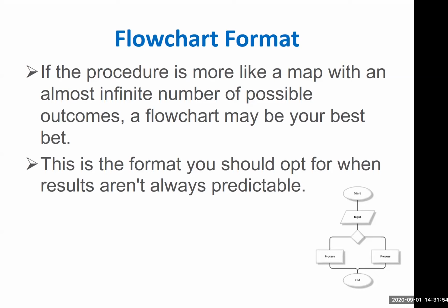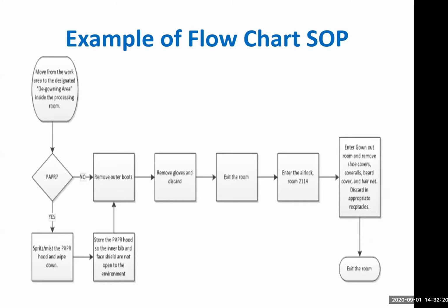Flowcharts are useful when results are not always predictable. And when there are lots of different results, even though you're writing in active voice, present tense verbs, speaking directly to the reader and being as clear and concise as possible, there are lots of outcomes or scenarios, and flowcharts are very helpful. This SOP has an example of a flowchart,